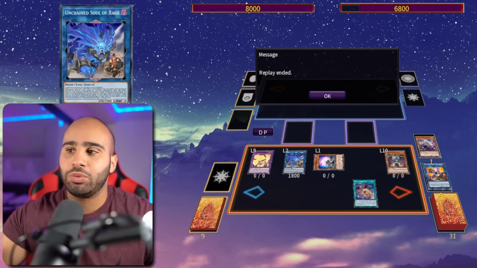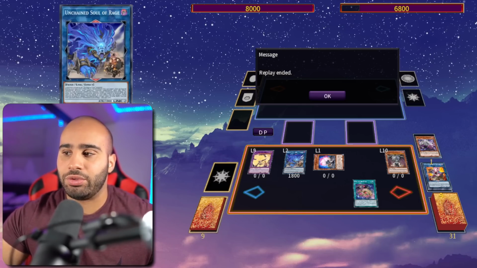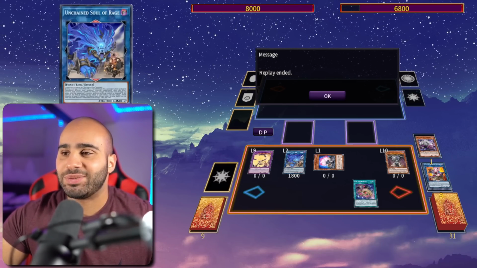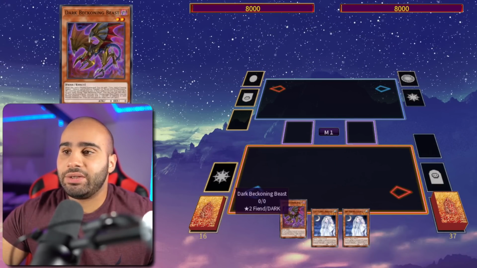The only difference between this combo and the other one is that this time we have the Yama in the grave instead of having to burn through it. And we also do not have Appaloosa, so I guess that's a minus, but it's not the end of the world. Okay, so this is another 1-card combo, and it's pretty explosive because